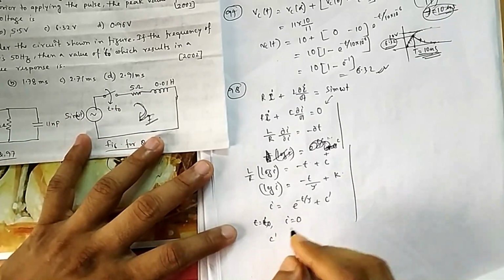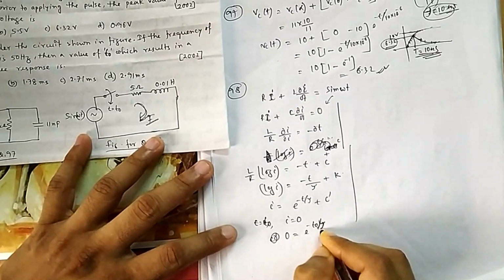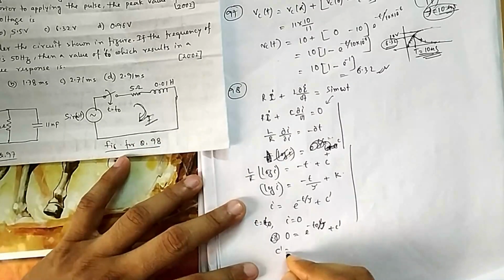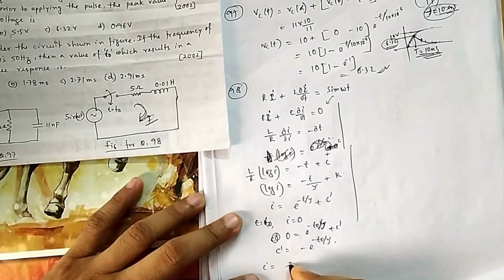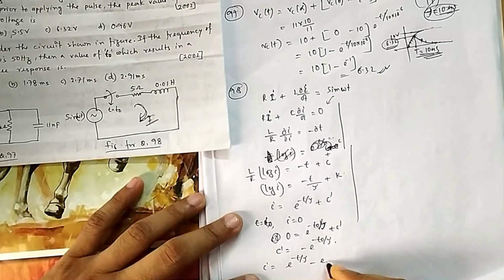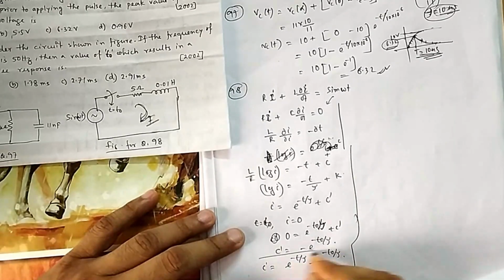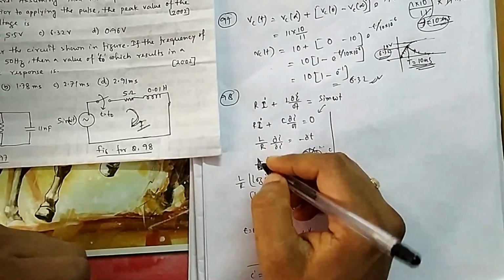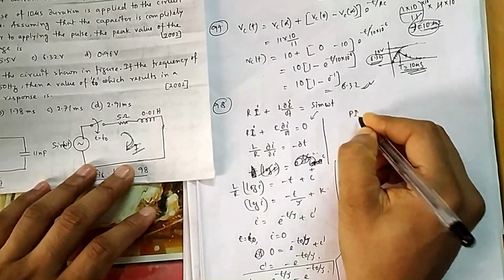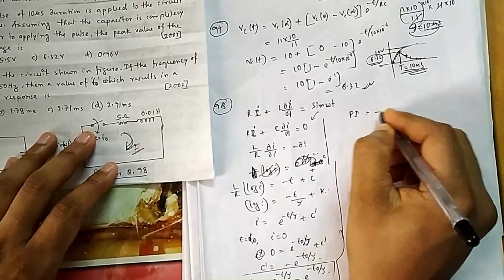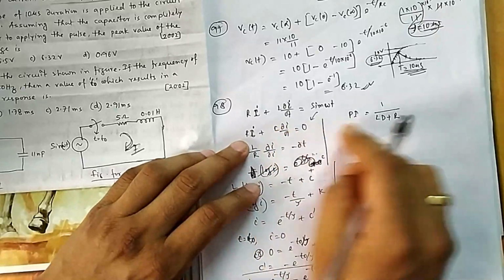So if you put, therefore this is 0, e to the power minus t0 by tau plus c dash. So c dash is equal to minus e to the power minus t0 by tau. So your natural response is e to the power minus t by tau minus e to the power minus t0 by tau. So this is my natural response. This is CF actually; in maths we say CF, in circuits we say it is our natural response, and forced response is my PI. So how will we calculate PI here? PI is 1 by LD plus R, where D is the differentiation operator, of sin omega t.